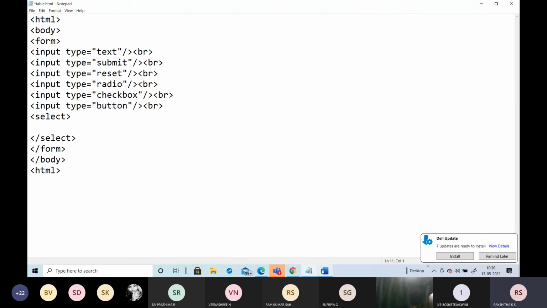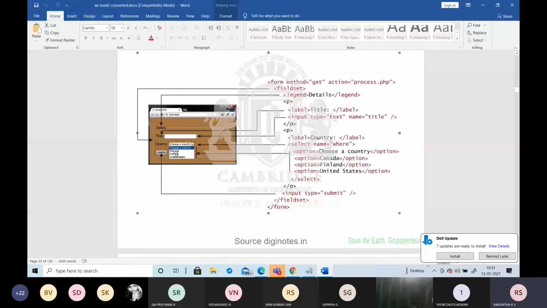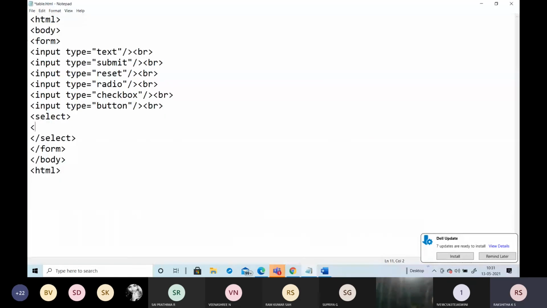To add them, you take the option tag, followed by the content, and close that option. Again I will add one more.